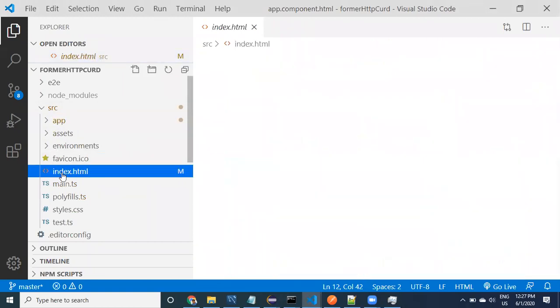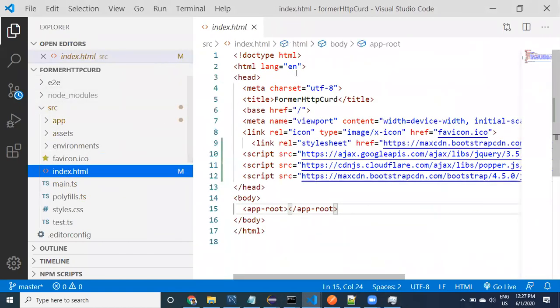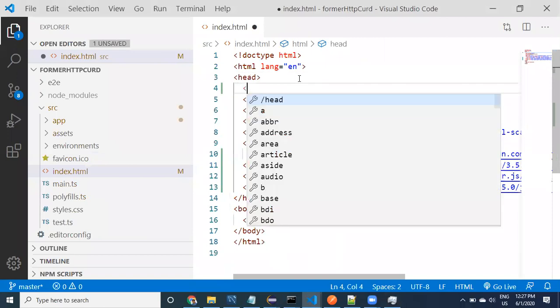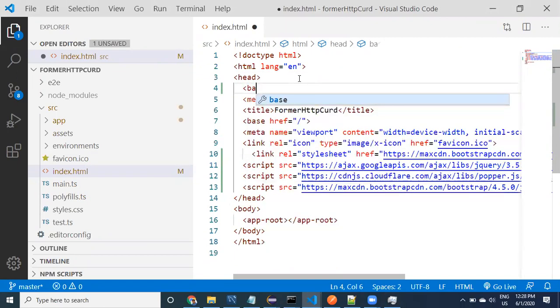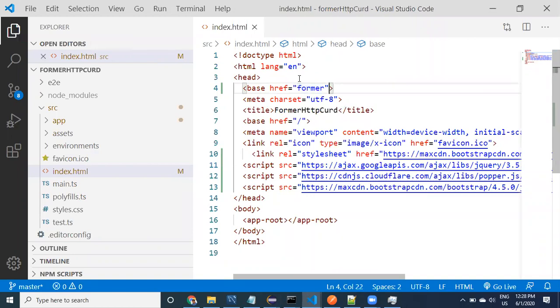Now let us go to index.html, which is available in the source, and simply provide base href. I'm going to provide former. By default it will be like this, no problem.